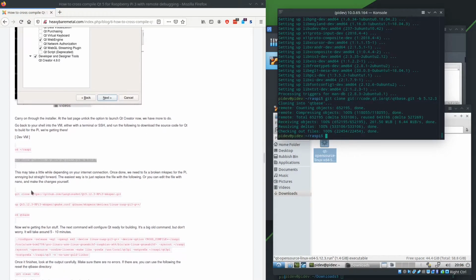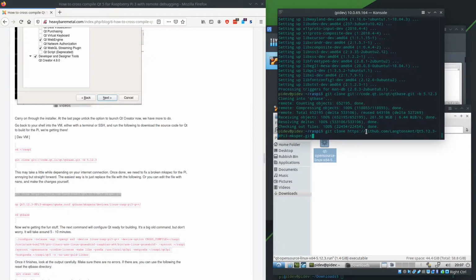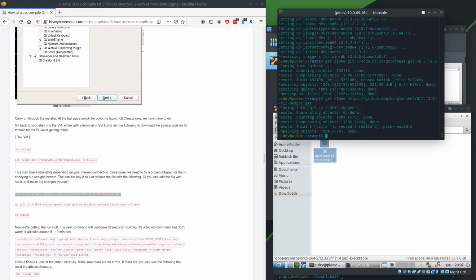Okay, now that's done, we need to fix a make spec for the Raspberry Pi 3 because unfortunately there is a bug in the one that comes by default, but it's very straightforward to do. I've copied my own up onto GitHub, so we'll just clone my fixed one and I'll show you what the differences are. So if we go into, we use Nano to look at the broken one, which is in Qt base, make specs, devices, Raspberry Pi 3,